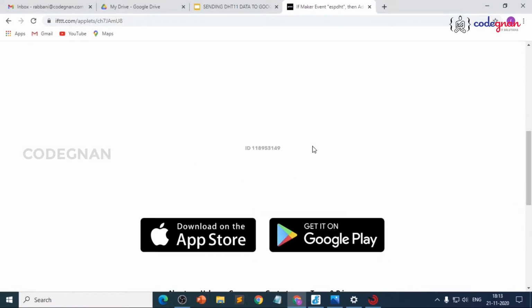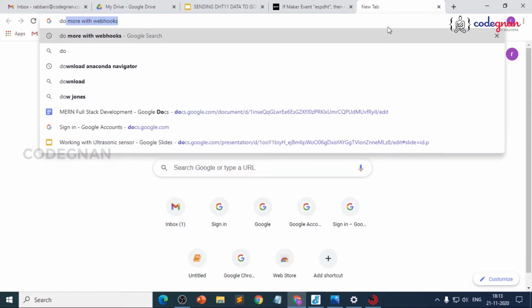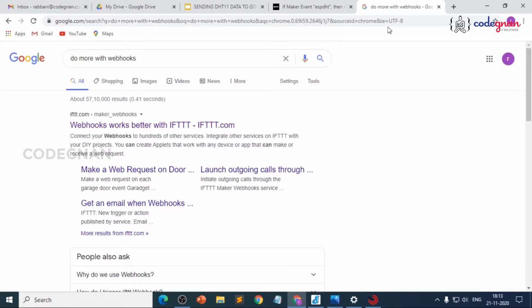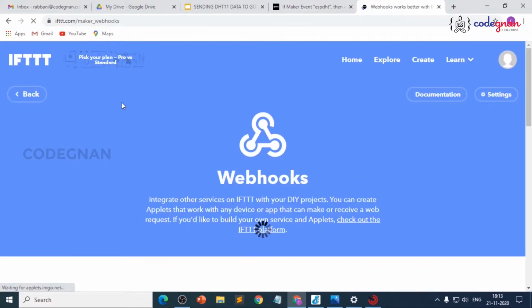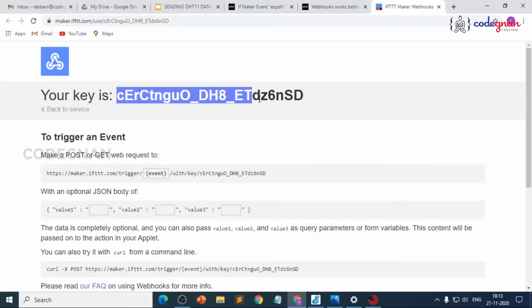Now go to another tab, type do more with webhooks, and click enter. We have created two applets here, one for webhooks and another for Google Sheets. Now we want to enable it, so click on webhooks here and go to the documentation part. There you can see the key given to us.